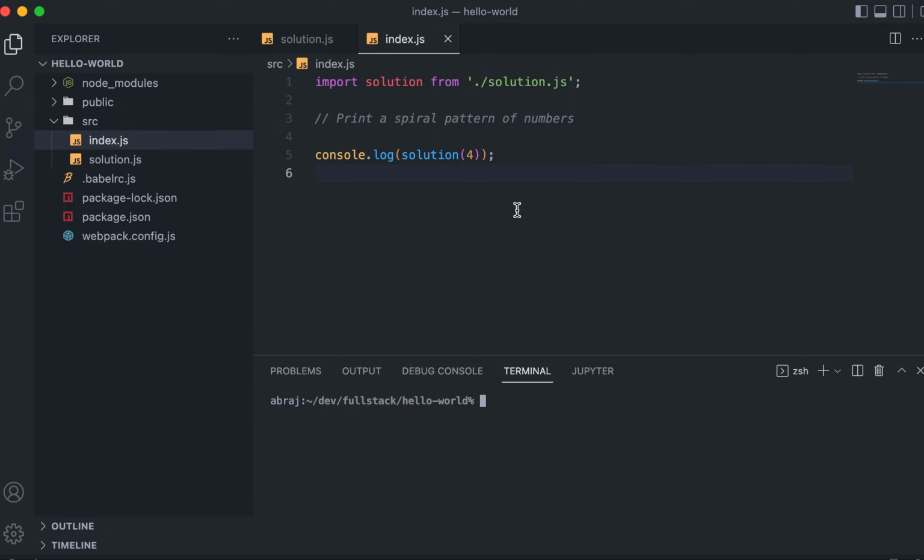And what is that spiral pattern? Let me show you by an example. When you pass 4, then your pattern should be something like this. You see that 16 numbers are printed, but they are printed in a spiral fashion, which means that starting from top left, you start going towards right, 1 2 3 4, and then 5 6 7, then 8 9 10, and then 11 12 13, and then you go inside towards the spiral, so 13